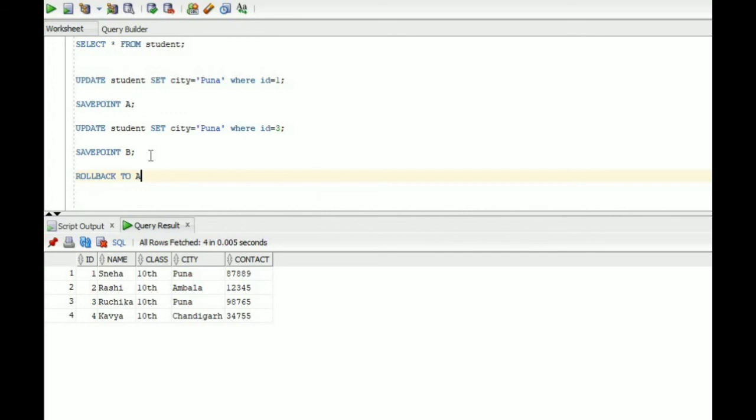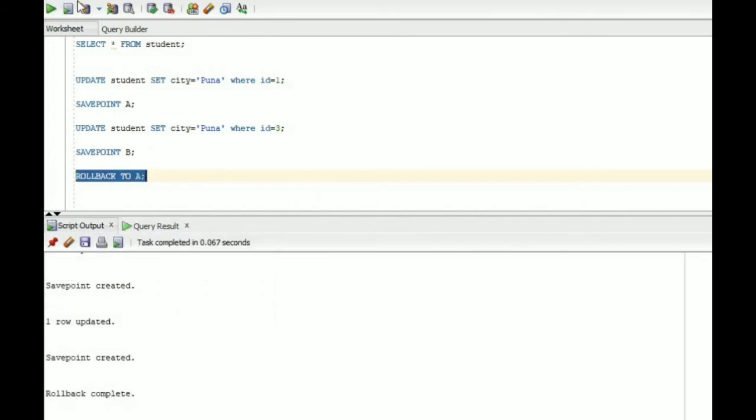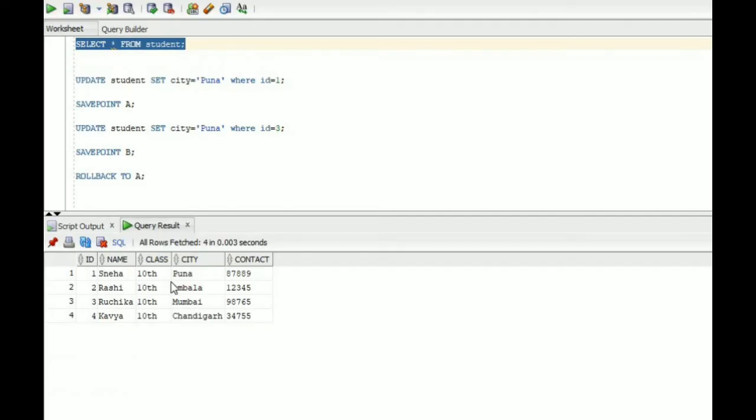Then you can roll back to a certain point, roll back to A. Rollback complete. Now we will check the table. You can see after save point A, all the DML operations have rolled back.